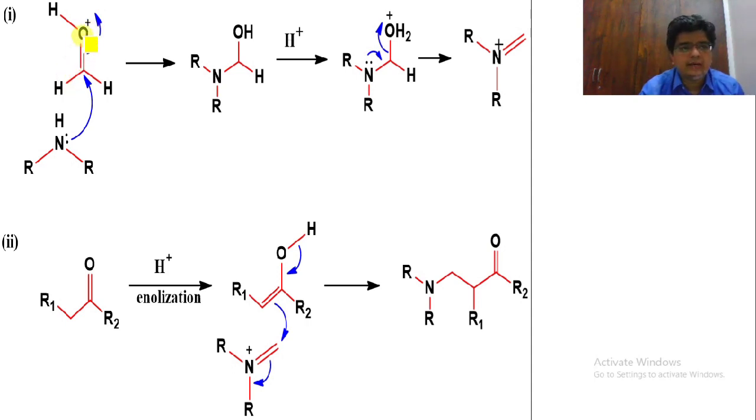So that is attacked by the H plus. So here we are having a hydrogen, oxygen, which is having a positive charge because of the 3 valency. Here we are having a secondary amine. Now this lone pair of electron will attack towards the positive charge of the carbon. So here we are producing R and R and OH group over here.